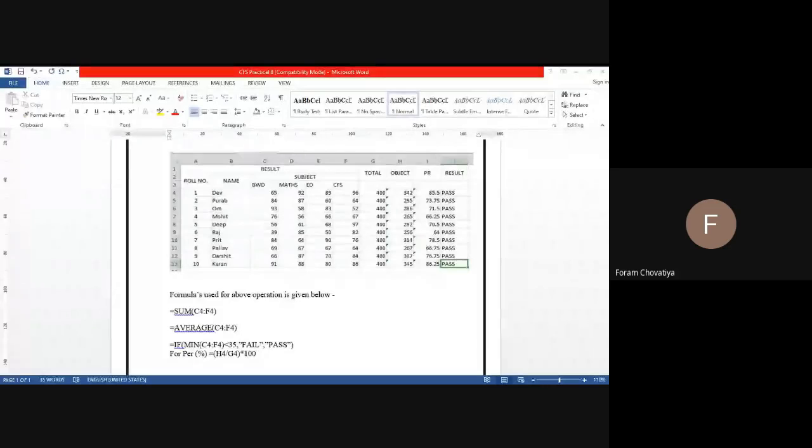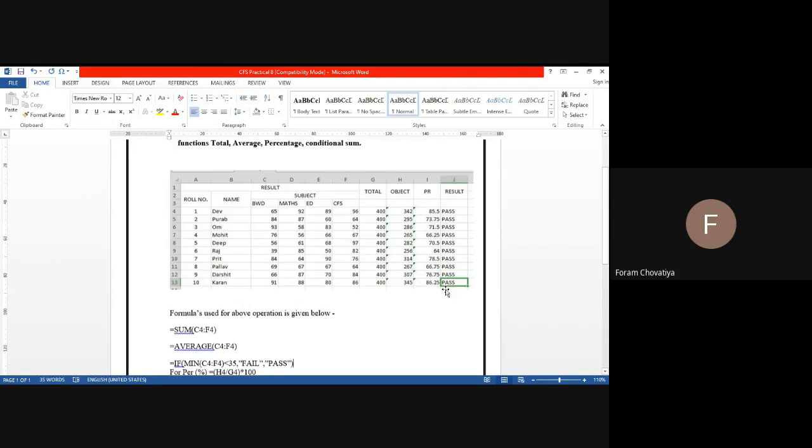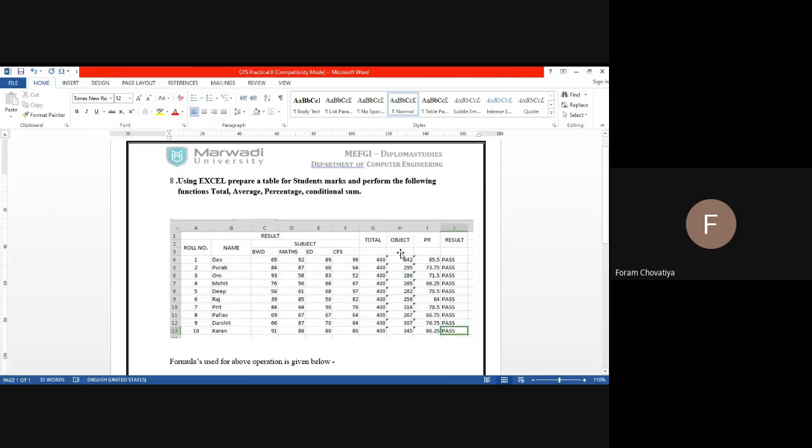First of all, I will share my screen. Now my document is visible. Okay, wait for 1 minute. Okay, now my document is visible. First of all, you create a document, sorry, an Excel sheet, and take a screenshot of the Excel sheet. Here I take a screenshot of the Excel sheet.